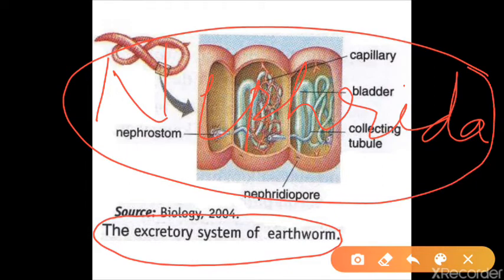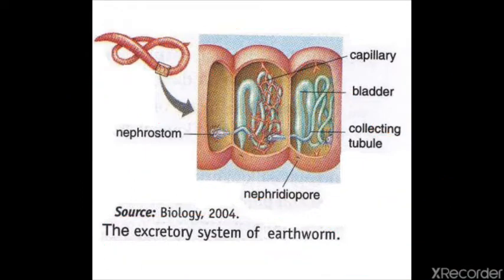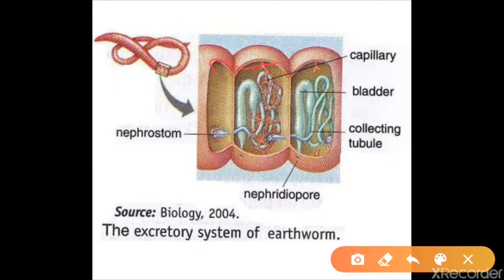Just like in human beings, what do we have? We have an excretory system. We have kidney, ureter, bladder, liver, skin. All these are the excretory organs of our body. Just like that, in the earthworm, the excretory organ is called nephridia. They also have moist skin, and from the outer skin they remove their